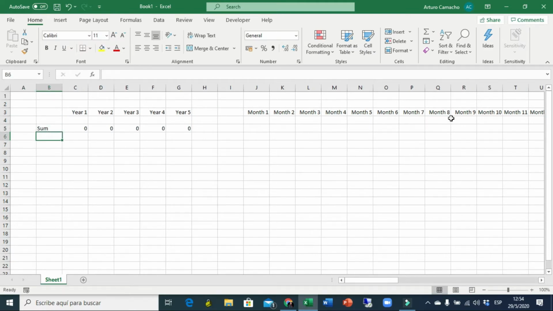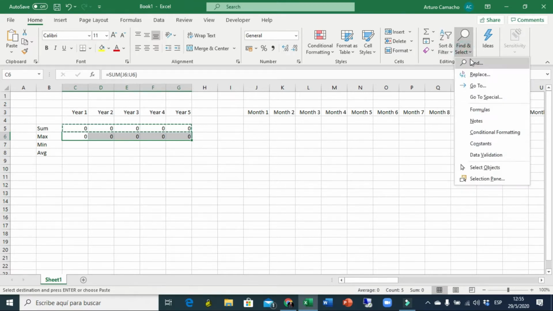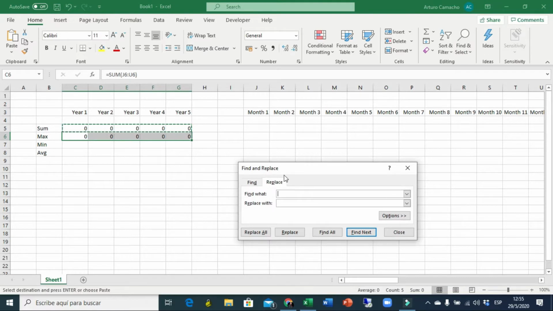I might have a maximum, a minimum, and an average, right? Let's use those. This will be the max. Well, you just substitute sum by max in all this. So you come up with, replace the word sum for the word max in this case,